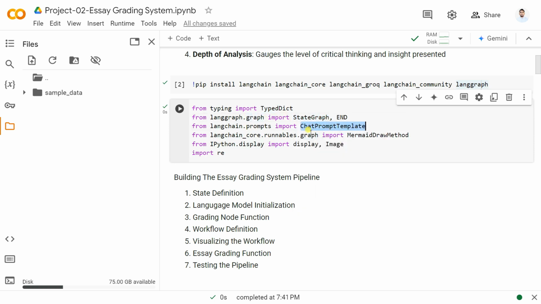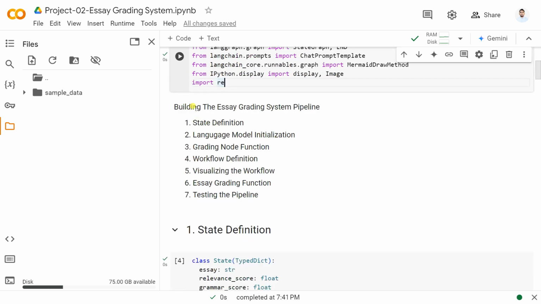फिर चैट प्रॉम्प्ट टेम्पलेट को, इसके बाद मैंने ड्रॉ मेथड को इंपोर्ट किया ताकि मैं यहाँ पर ग्राफ को ड्रॉ कर सकूँ। ओके, इसके बाद मैंने रेगुलर एक्सप्रेशन को यहाँ पर इंपोर्ट किया, क्योंकि हमको स्कोर जो है, जो न्यूमेरिक स्कोर है, उसको एक्सट्रैक्ट करना पड़ेगा इसलिए। इसके बाद मैंने यहाँ पर एक छोटी सी पाइपलाइन क्रिएट कर ली। यही पाइपलाइन हम एक्चुअली फॉलो करेंगे। यही गोल है, इस पाइपलाइन को एक्चुअली फॉलो करने का प्रोसेस।